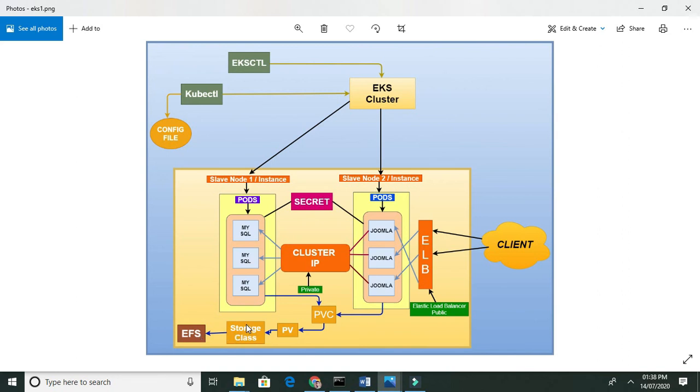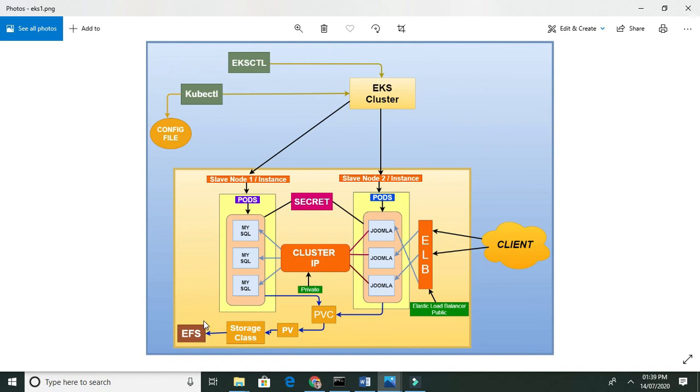The StorageClass's duty is to give us storage. It can give EBS or S3, but in our case we are using EFS, so we are going to save all this in EFS. If any container or pod fails, we can recover our data again because it is saved in EFS.